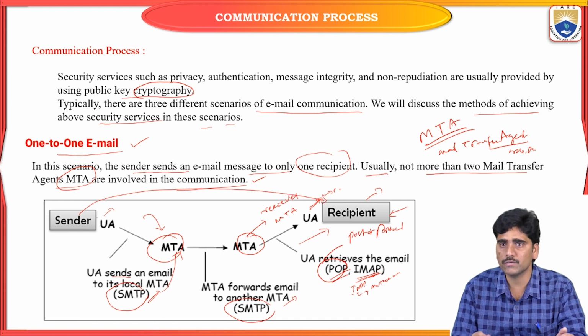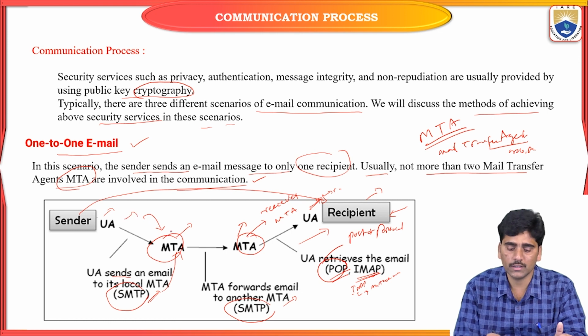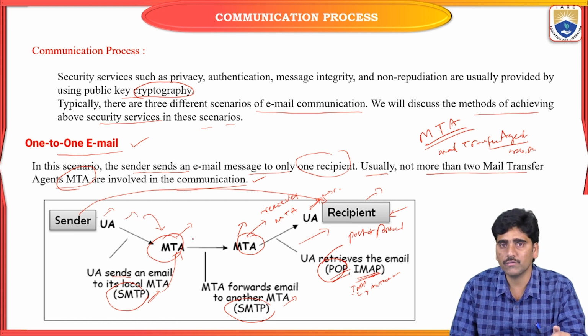Both the sender and receiver are authenticated and they are providing the privacy mechanism. If you want to apply security to the mails, you can send secure mails. So this is the communication process for one-to-one email. This is the way we can understand that in the communication process, one-to-one email can be forwarded with the help of mail transfer agents and user agents. So here, this is how we can understand one-to-one email processing.